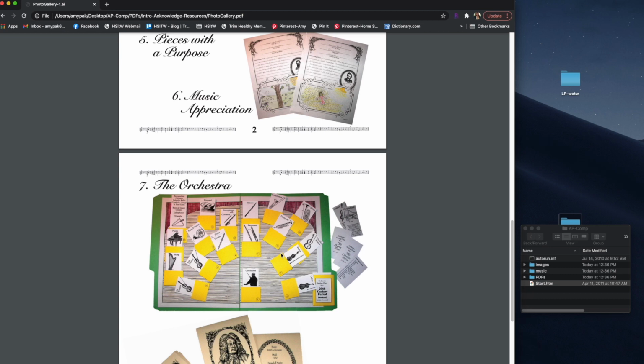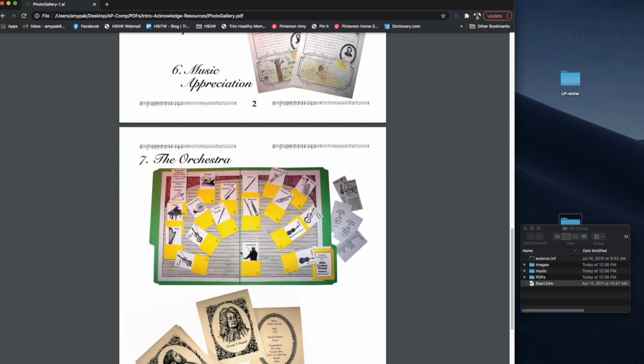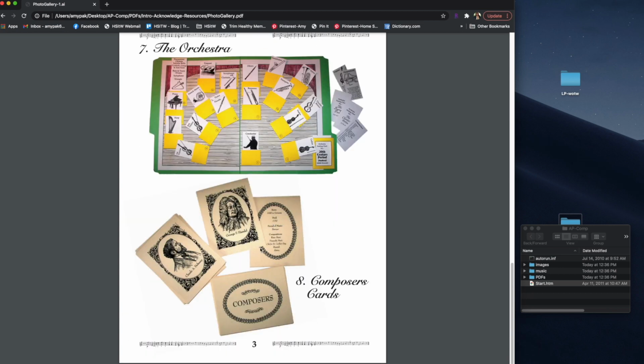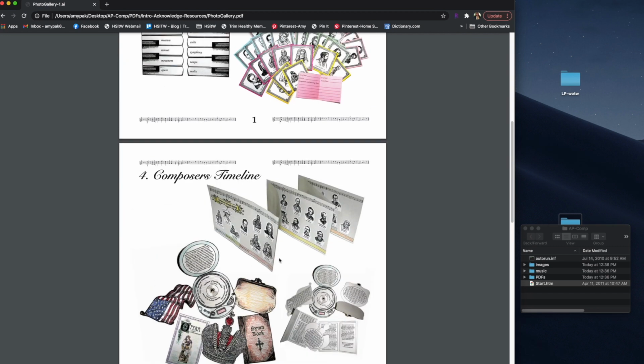In this case, we have an orchestra file folder display, which is really cool. It's got these little pockets, and it just instructs the children where different orchestra pieces, instruments are laid out within the orchestra and how it's changed over time as well. It also has a matching game of composers with the works that they've done. Now, back to this one here. I wanted to show you,